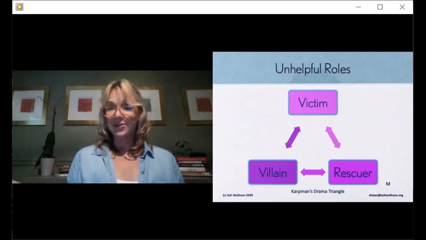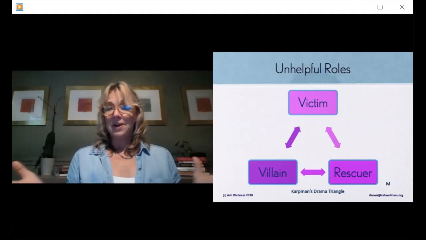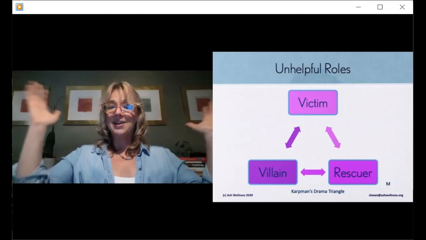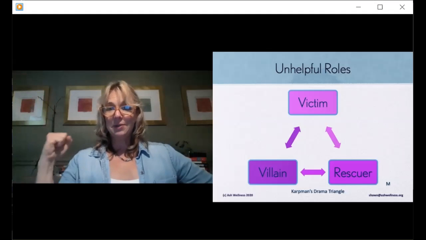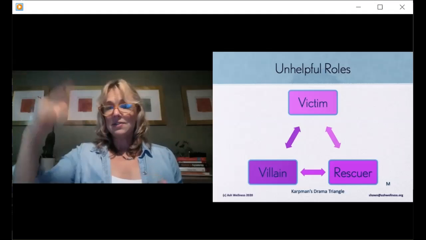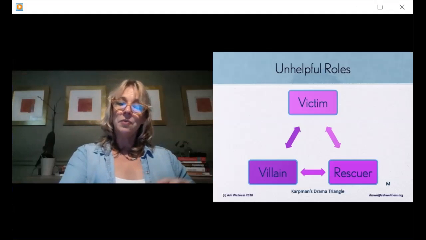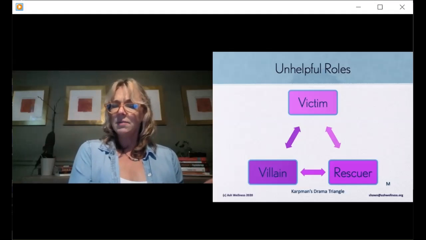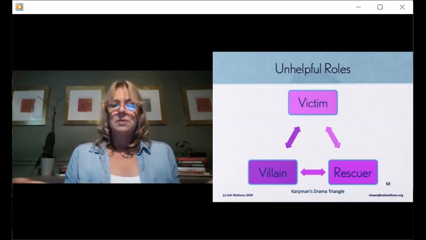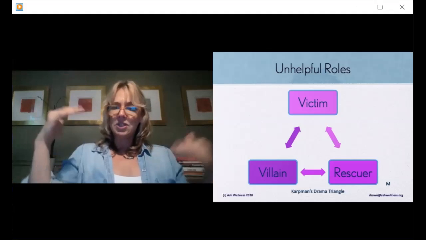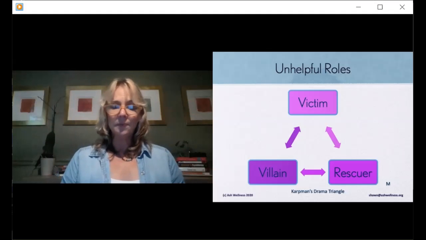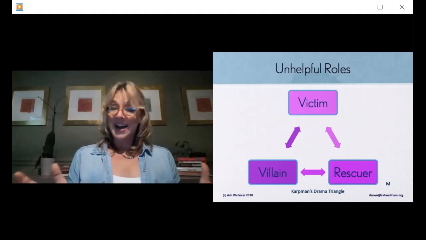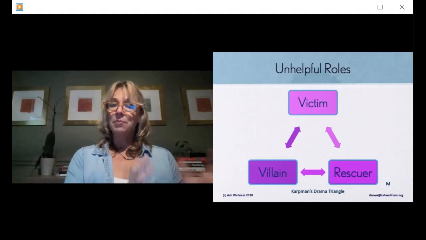I am going to rescue everybody. I can speak of that from my own work. When I first entered into this world, it was like, I am going to save you all. It's superhero therapist, I had a list of superpowers, right? And what that did is created victims out of all my clients. What a horrible thing. Why are they the victim? And if they weren't the victim, then they were the villain. It was an unfair hierarchy that was created by my idea of rescue. Once I learned that this is not at all what we do, we're guides and not rescuers, it shifted that and broke down the triangle.